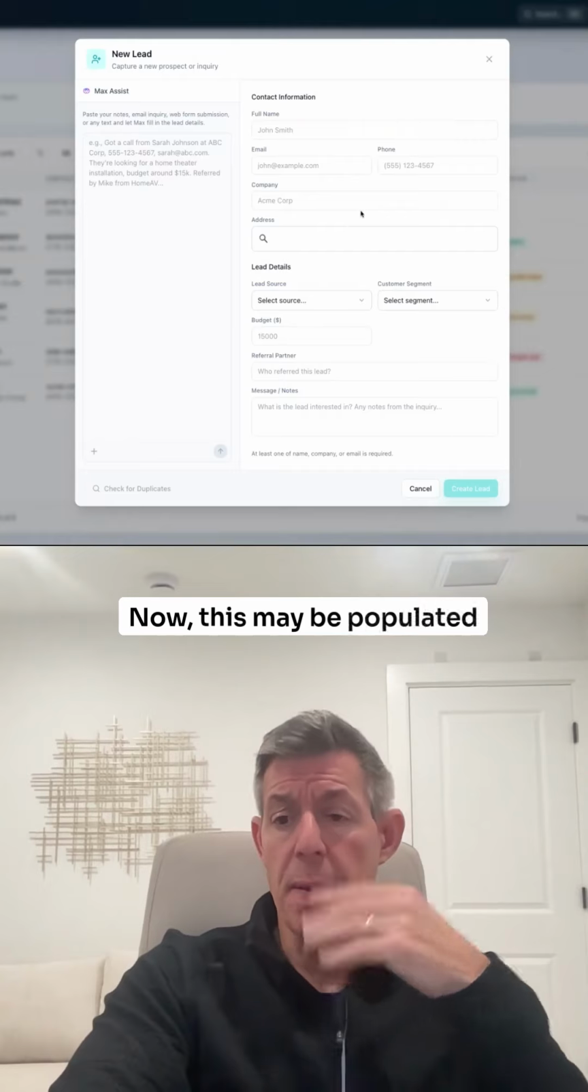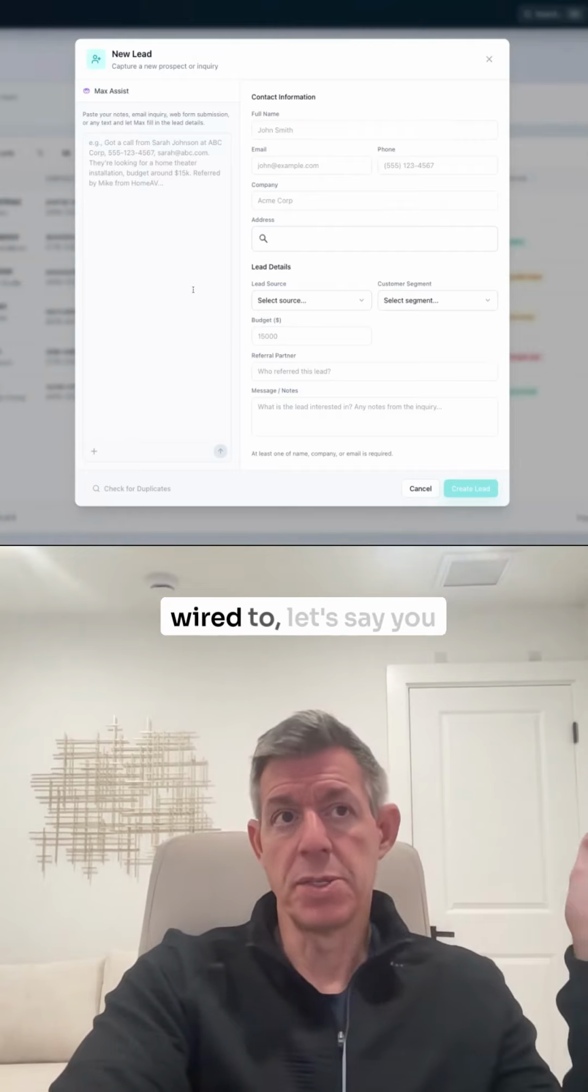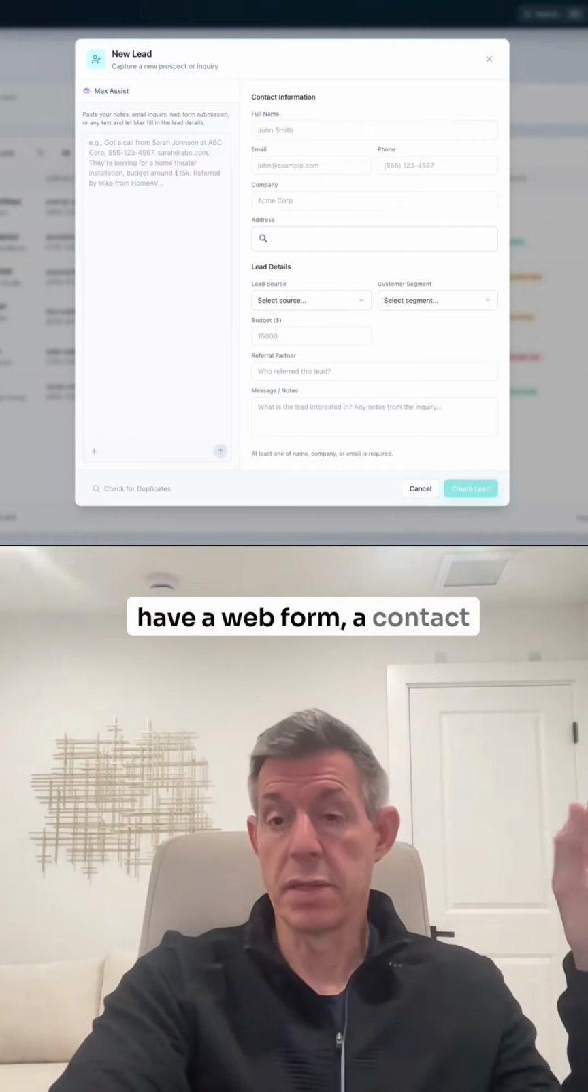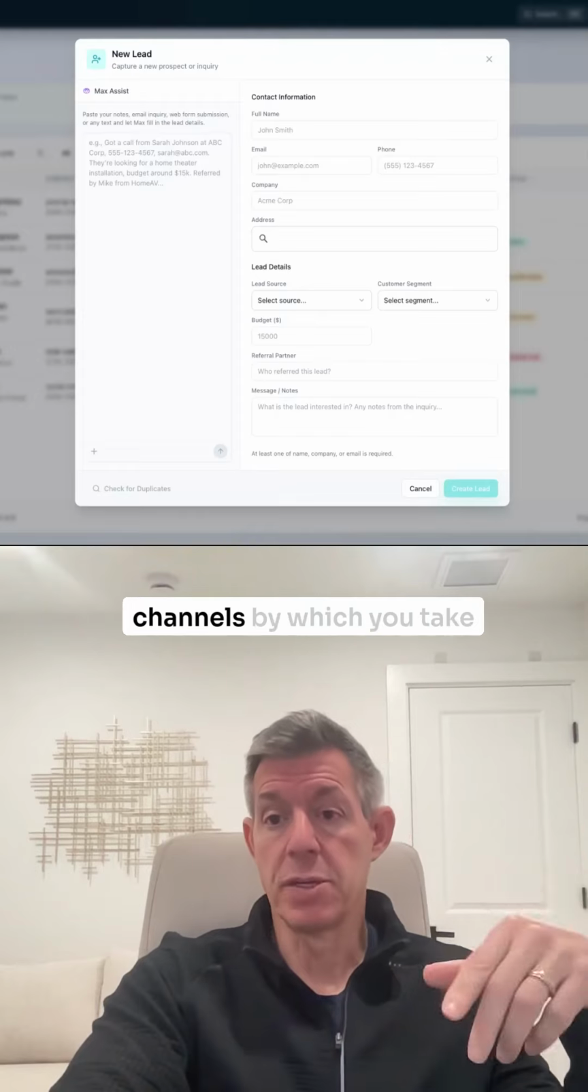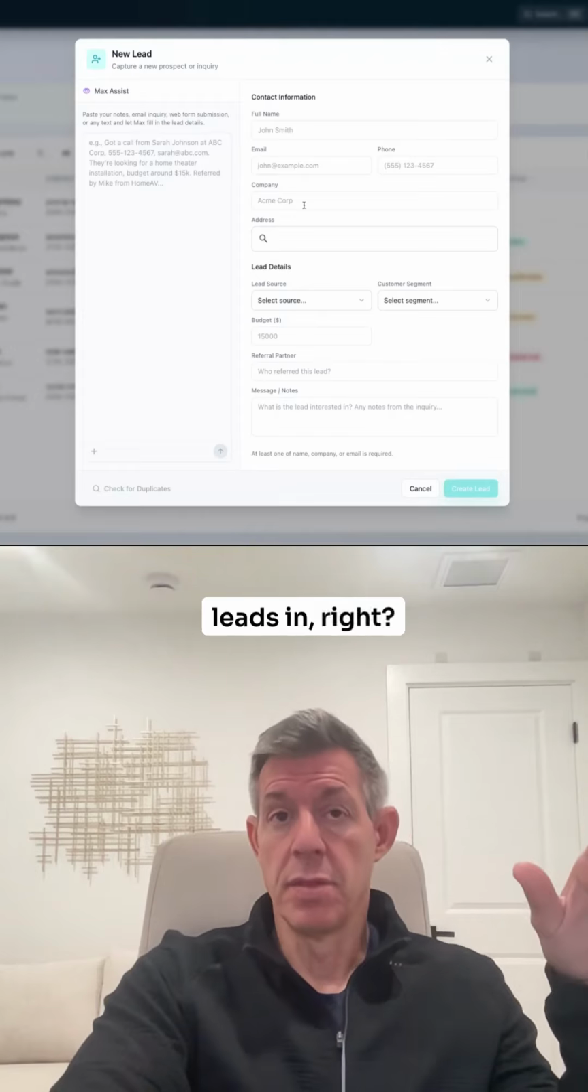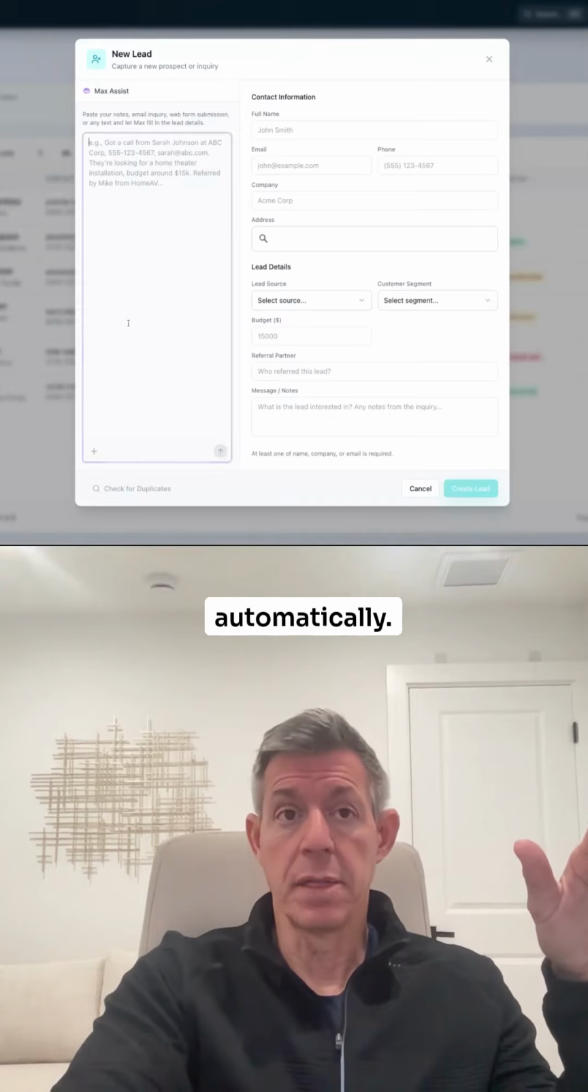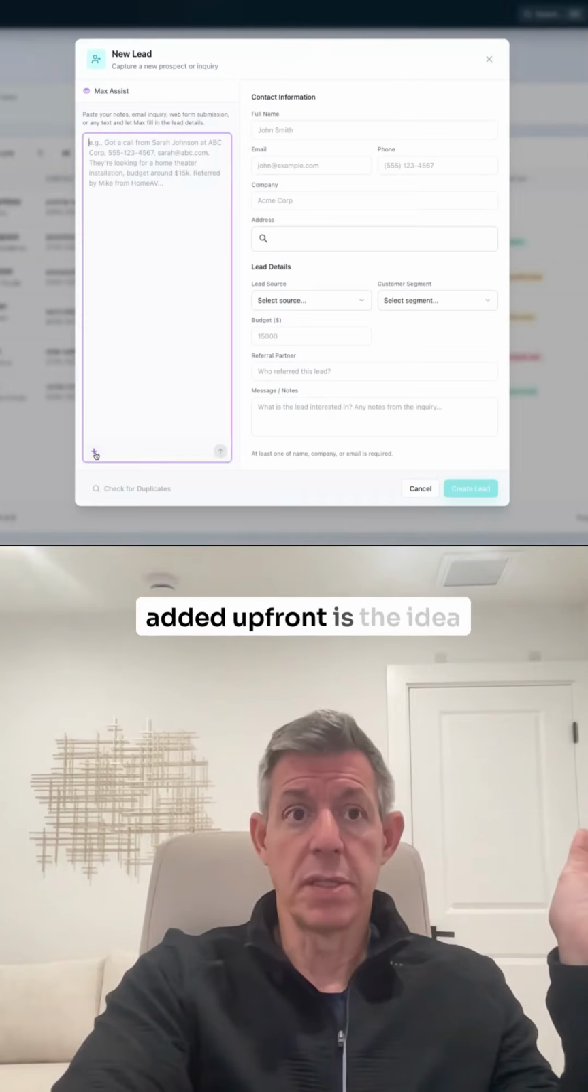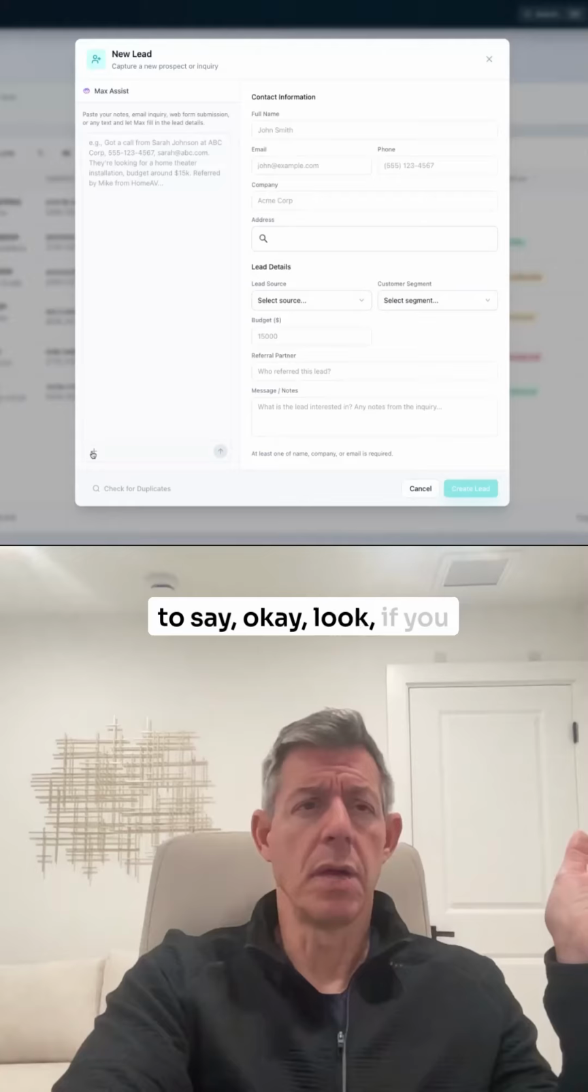Now, this may be populated automatically if you're wired to, let's say you have a web form, a contact form on your web, or other channels by which you take leads in, right? This may get populated automatically. One of the things that we added up front is the idea to say, okay, look, if you have any